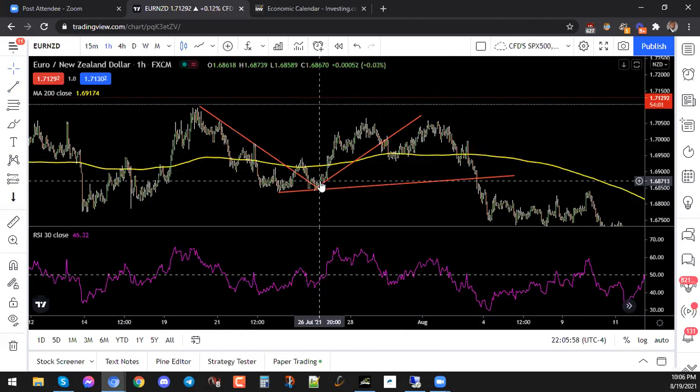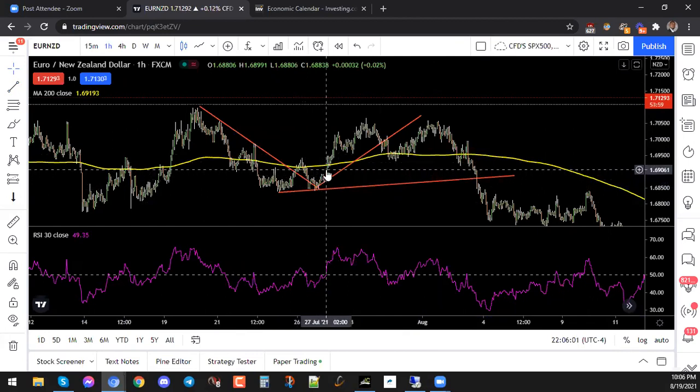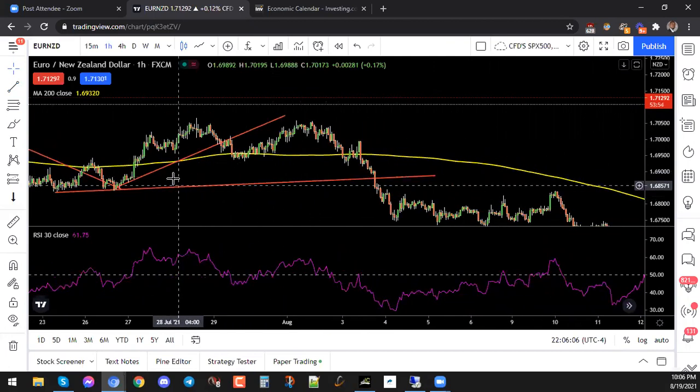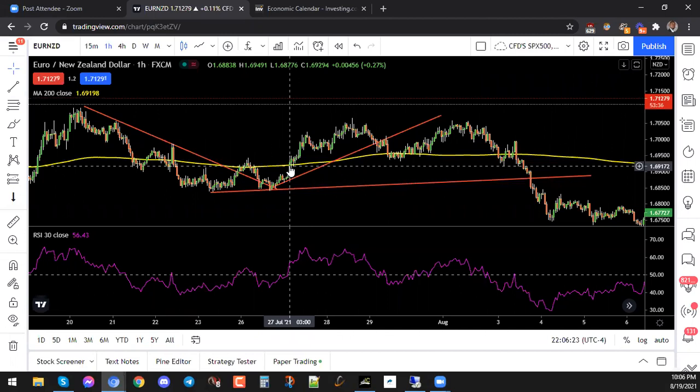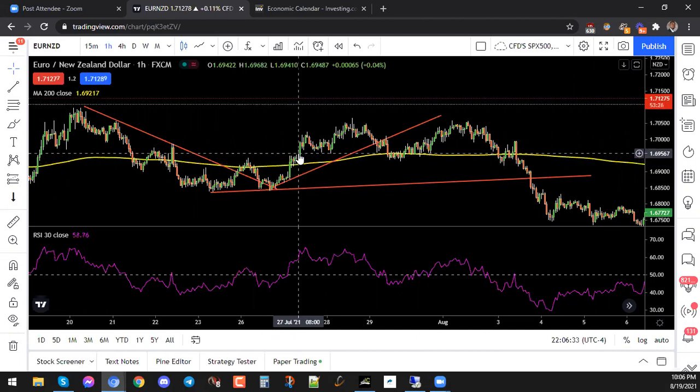So once I have an opportunity, and my opportunity will come somewhere around here to go long, let's make this a bit bigger. So once I have an opportunity to go long, it's going to be either on this candle or on this one, right? I go long, I hold on to my trade, and it all depends on the time. This is around 2 to 3 a.m. Eastern Standard. Well, actually on this candle, it's going to be 4 a.m. by the close. So I'll be looking to enter here, and I'll be holding this until we have